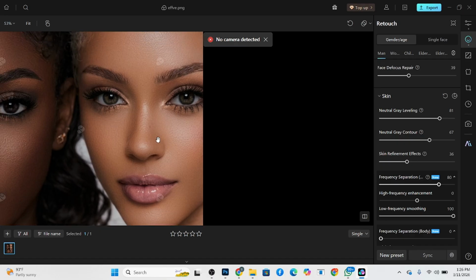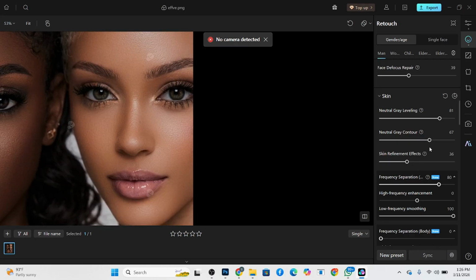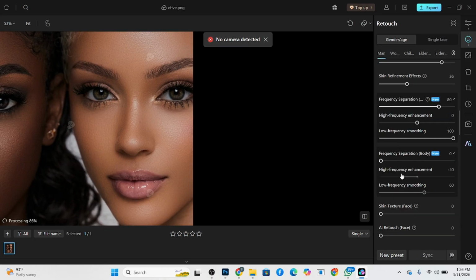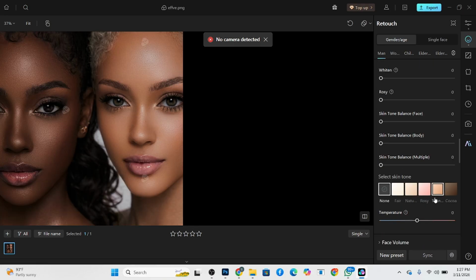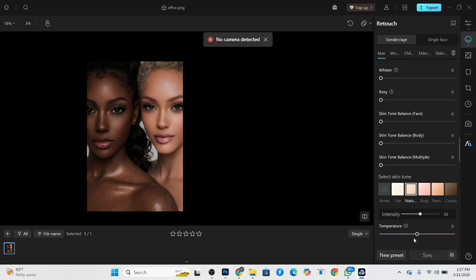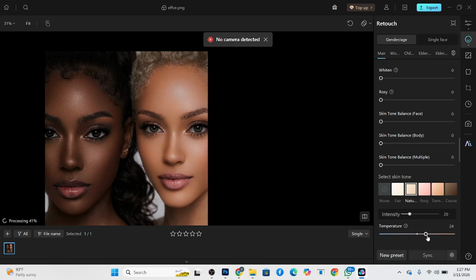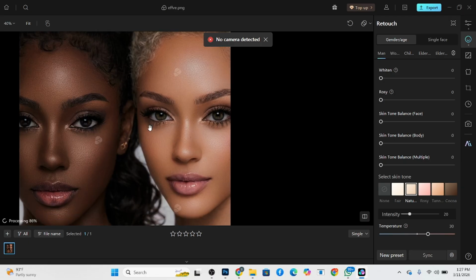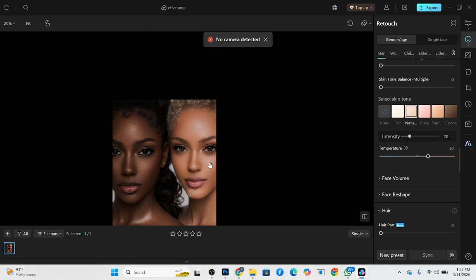Amazing. Beautiful. Okay, so once that is done, I think I need the contours a little bit more. Come down to my skin and just select maybe something natural and reduce it. Then of course warm her up. Not unrealistically warmed up. Beautiful. I think I love the way every other thing is looking, so I'll just go straight down to my makeup